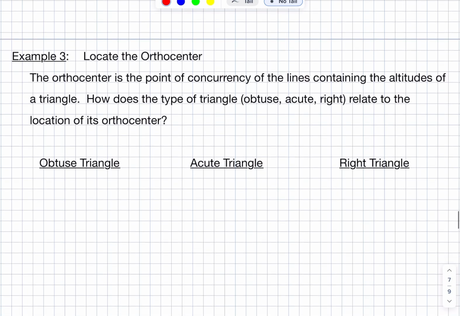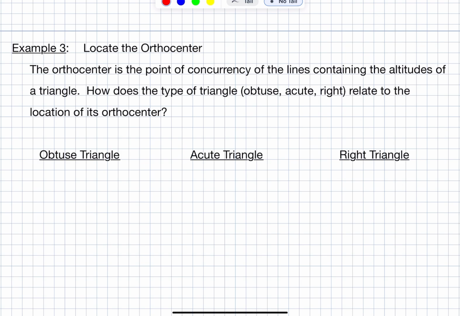All right, so how do we locate the orthocenter? Okay, so the orthocenter can take place with three different kinds of triangles. The first one, I'm going to start with the right triangle. And if we go ahead and sketch this out, and sketch a right triangle, and then create altitudes for all three vertices, we could see that this altitude extends out from the right angle to the opposite end,